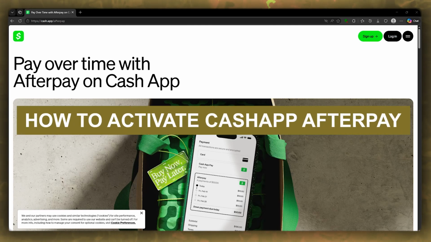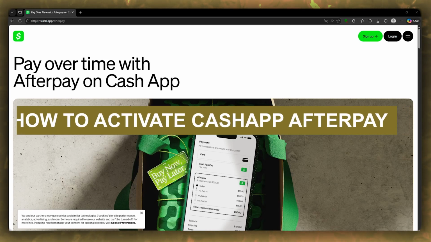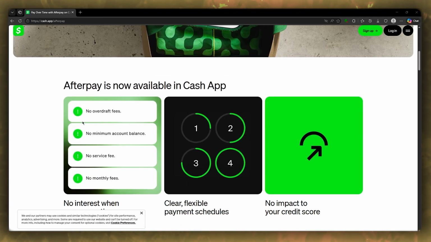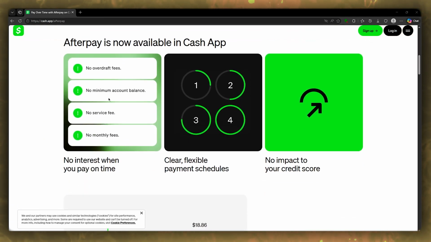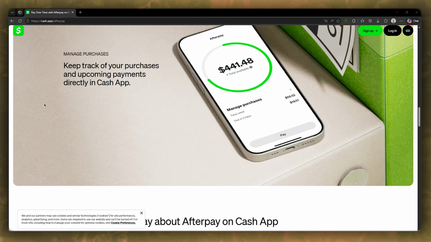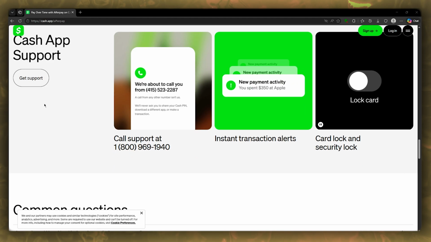How to activate Cash App Afterpay new method. So, if you want to go ahead and activate your Cash App, it's really simple to do so. Now, to activate Afterpay, what you simply need to do is make sure that you have